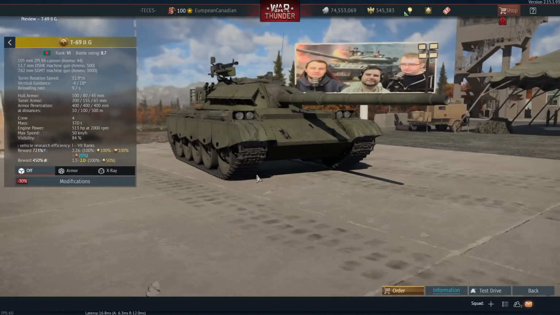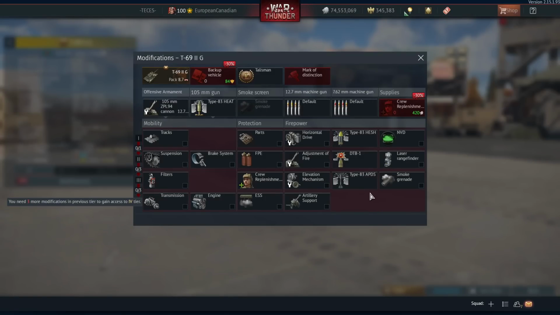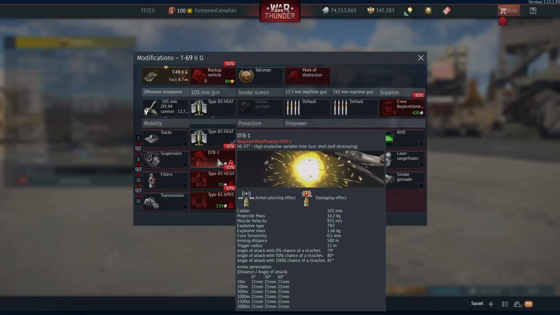It has the Dishka on the top, which is quite nice, and it also has a unique thing with it, which not many MBTs have, which is the HE VT shell, which is right here. But this isn't very good